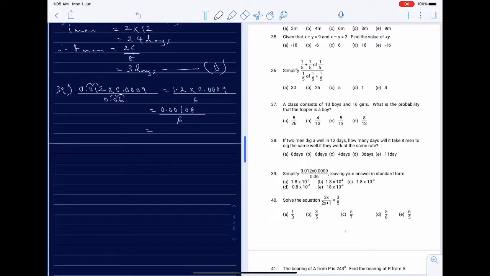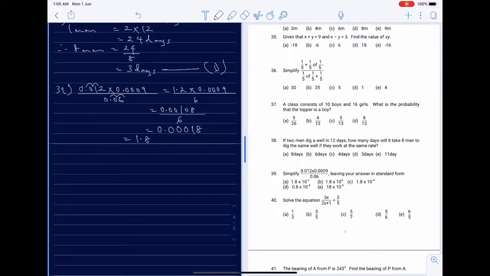1.2 times 0.0009 is going to be 0.00108. So now we can divide. 6 in 0 is 0, 6 in 0 is 0, 6 in 0 is 0, 6 in 1 is 0, 6 in 10 is 1, we're left with 4, 6 in 48 is 8, and the answer is 0.00018. And they said leaving your answer in standard form, and that's going to be